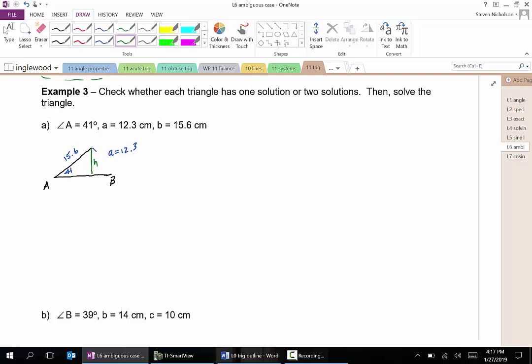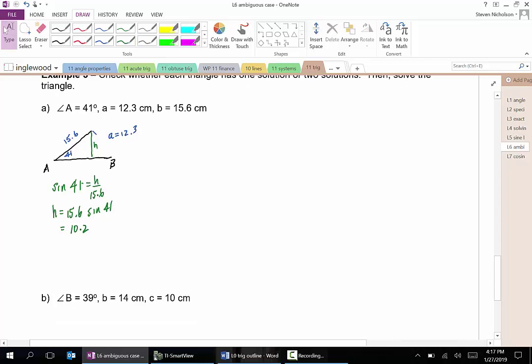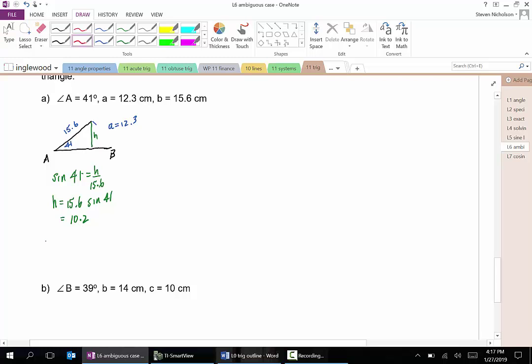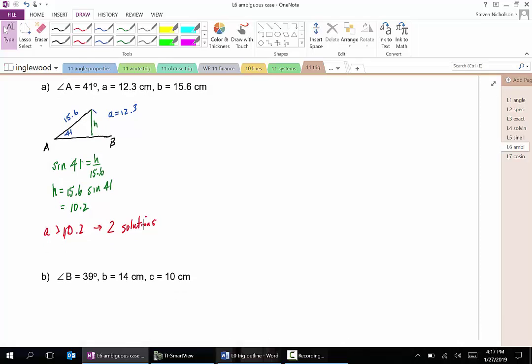So again, what I want you to notice is 12.3 is less than 15.6, so that's good. We're not going to be able to swing it on the other side of A, but let's see what we get. So again, the sine of 41 is equal to the height over 15.6, and the height is equal to 15.6 sine 41, which is equal to 10.2. And given that a is greater than 10.2, but it's less than 15.6, we're going to have two solutions. So again, that's really important. We're going to think we have two solutions, and we're going to check it. So let's go ahead and solve